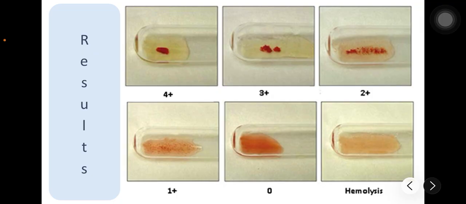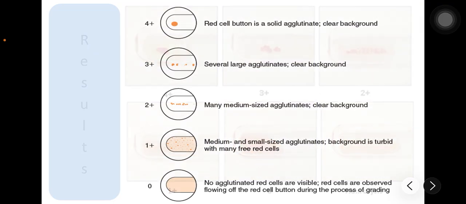We also have W plus, also known as the weak reaction. It displays tiny agglutinates that are barely visible to the naked eye in a turbid background. We also have the zero, or the negative. No agglutinated cells are visible. Then the red cells flow off the button in a smooth suspension during the grading process. So aside from those that I have mentioned, 0, 1 plus, 2 plus, 3 plus, 4 plus, and then W plus,